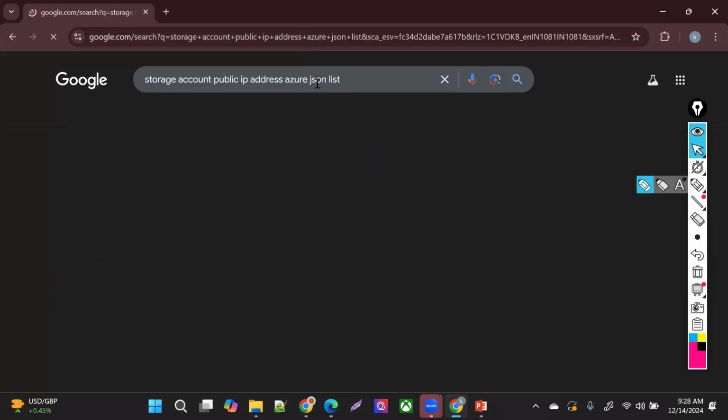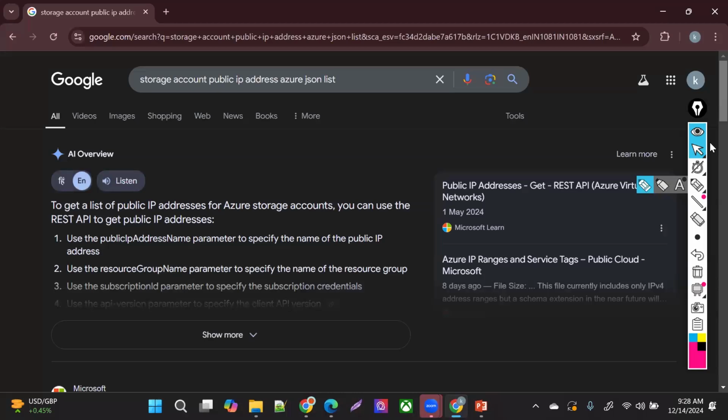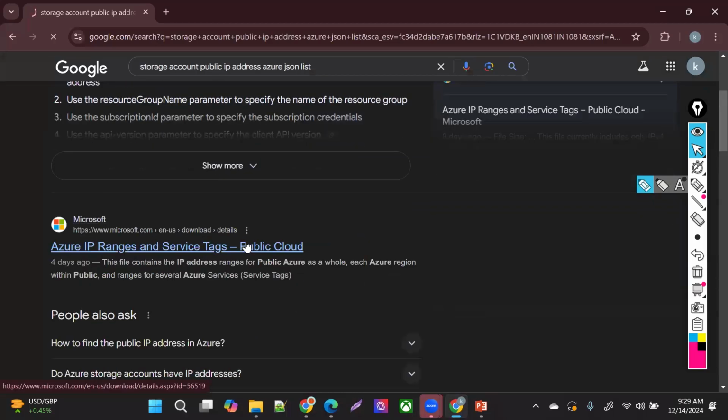It will be in JSON format. Yeah, these are the IP addresses and service tags.